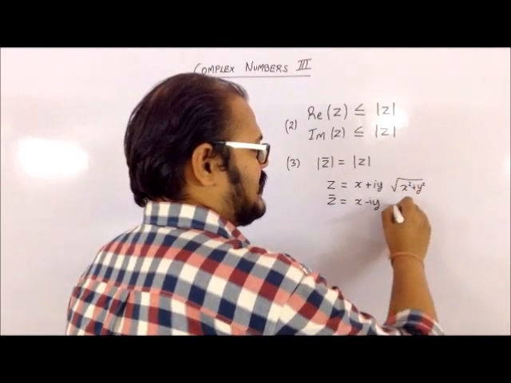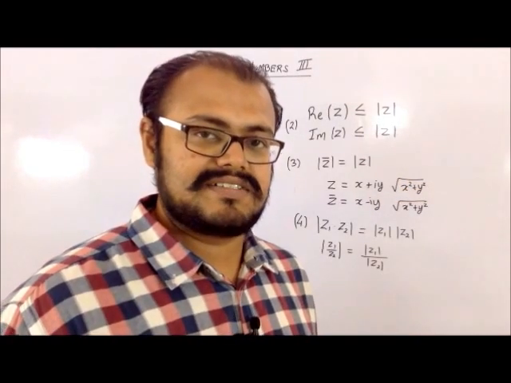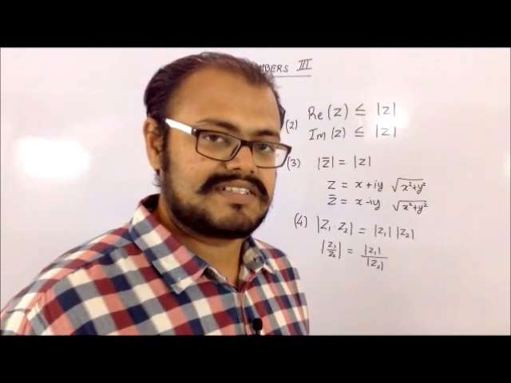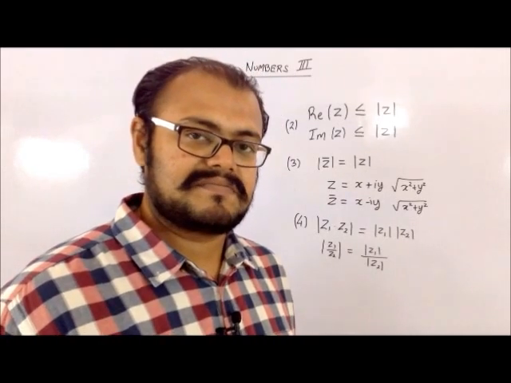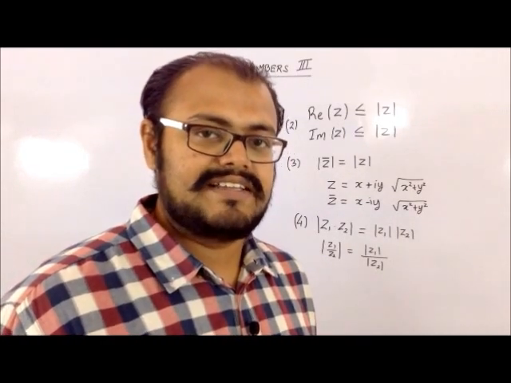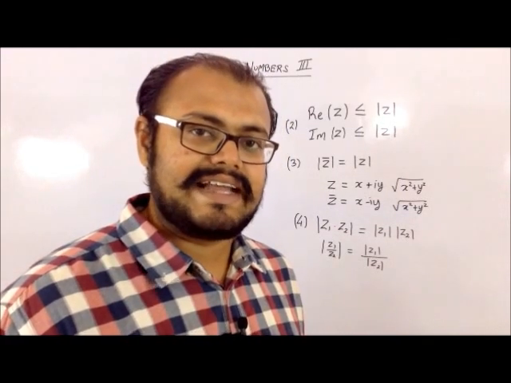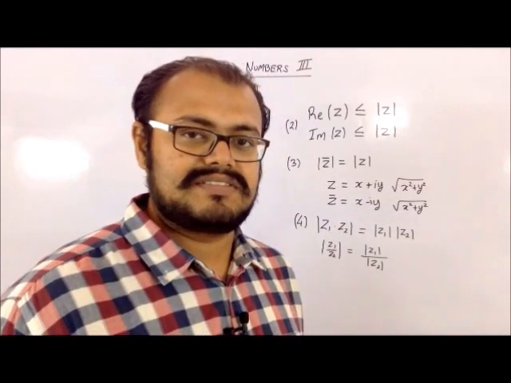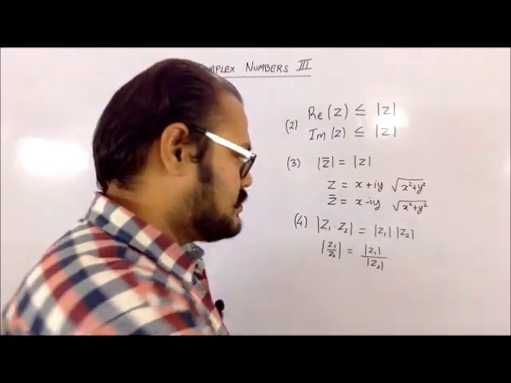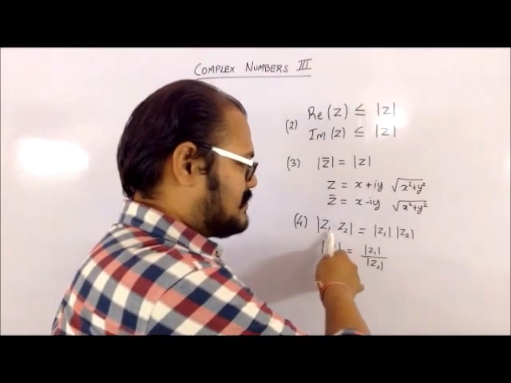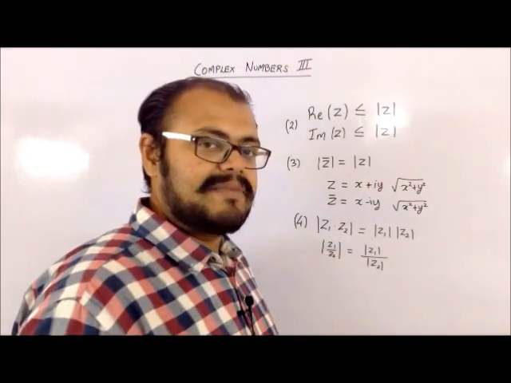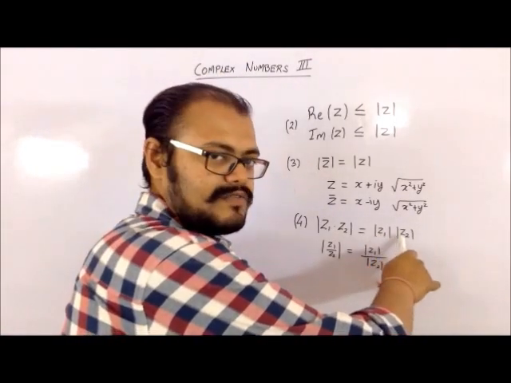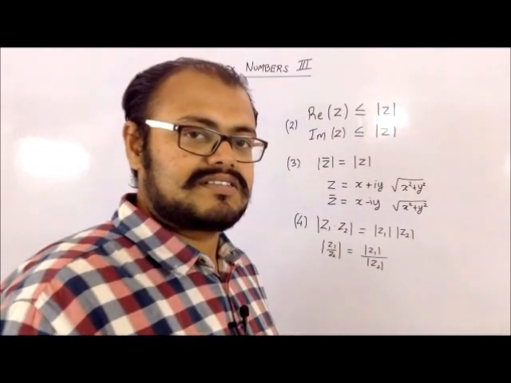If I have two complex numbers, z1 and z2, and I am multiplying them, now if I want to find the modulus of these two numbers, then that will be same as finding modulus of the individual complex numbers and multiplying them. As you can see over here, I am having the two complex numbers z1 and z2. I am taking modulus of them. That will be same as taking modulus of the individual and finding their product.